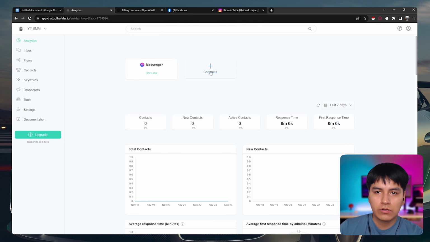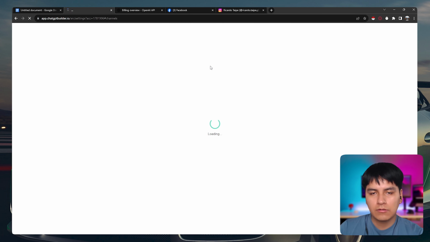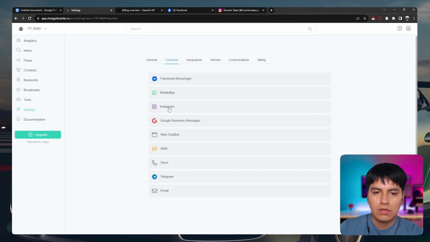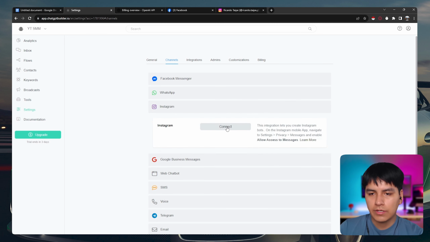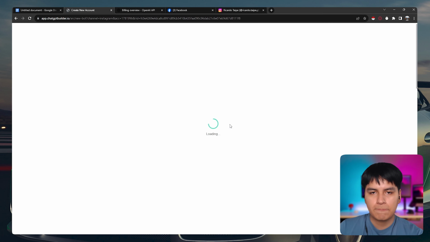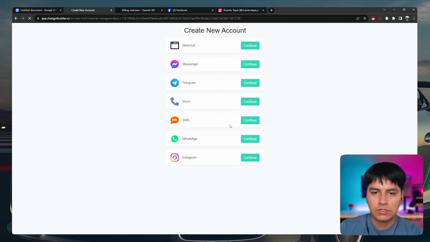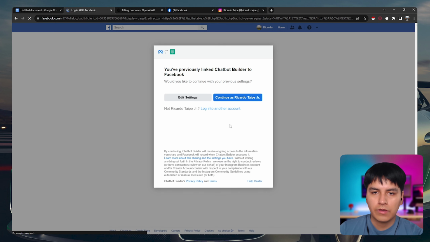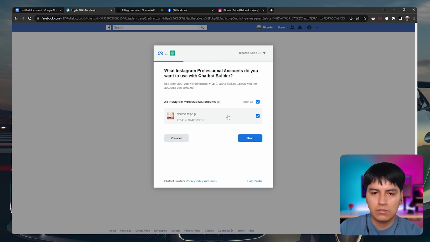Alright, after that, now we're gonna connect our Instagram account. So again, click on plus channels and Instagram and click on connect. So you just click on connect. Don't touch anything here. I think it needs to load. Okay, loaded. And again, we need to log in, and it'll prompt a menu like this, and you just select